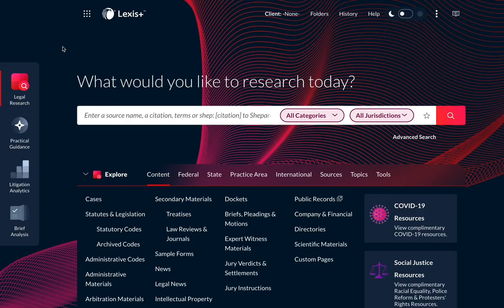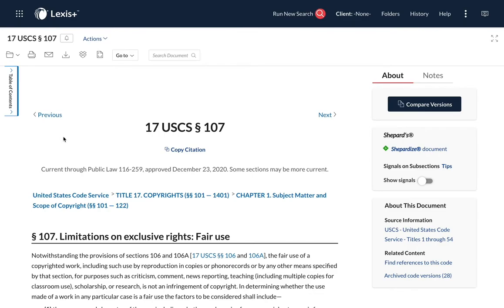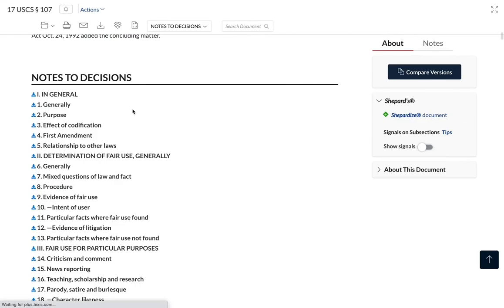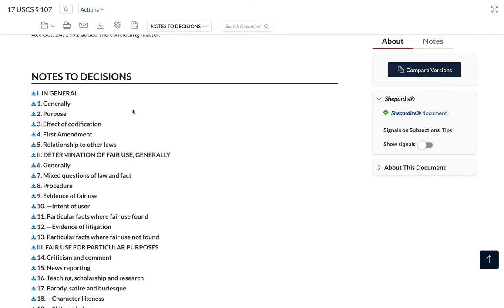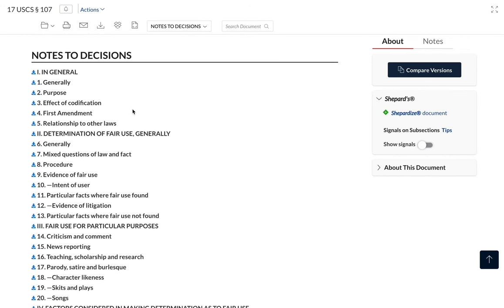Now let's take a look at the same statutory section on Lexis to explore its annotations. Let's first look at the Notes to Decisions, our first research strategy. The Notes to Decisions are selected by Lexis editors, so the topics and selected cases are different than what we saw on Westlaw under Notes of Decisions.